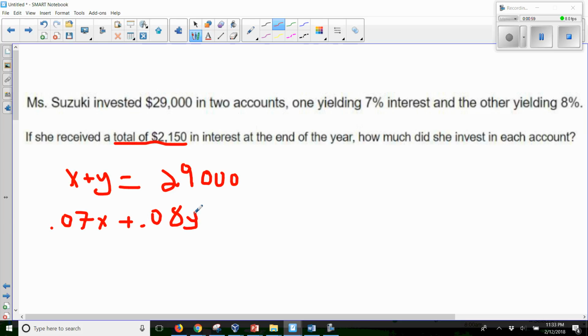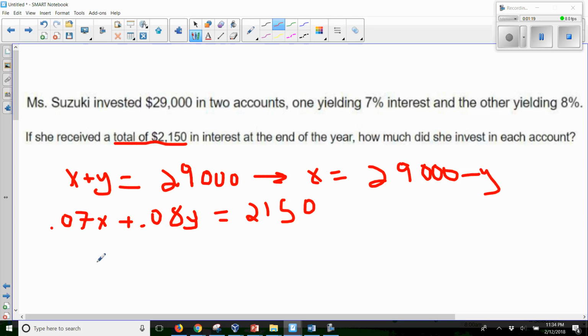So we have our two equations, or two unknowns. We can go ahead and solve this. So with these, you want to go ahead and do substitution. I'll go ahead and solve this one for X. So X is going to equal 29,000 minus Y. Okay, so here I have 0.07, and instead of putting X,